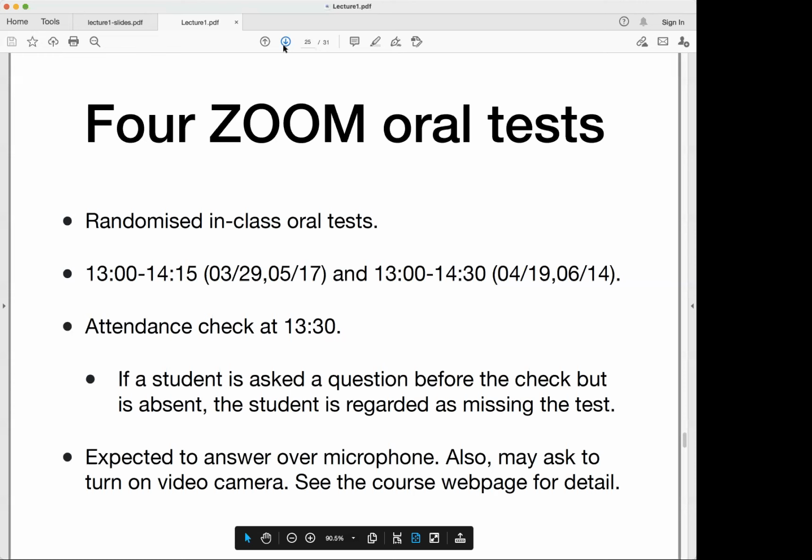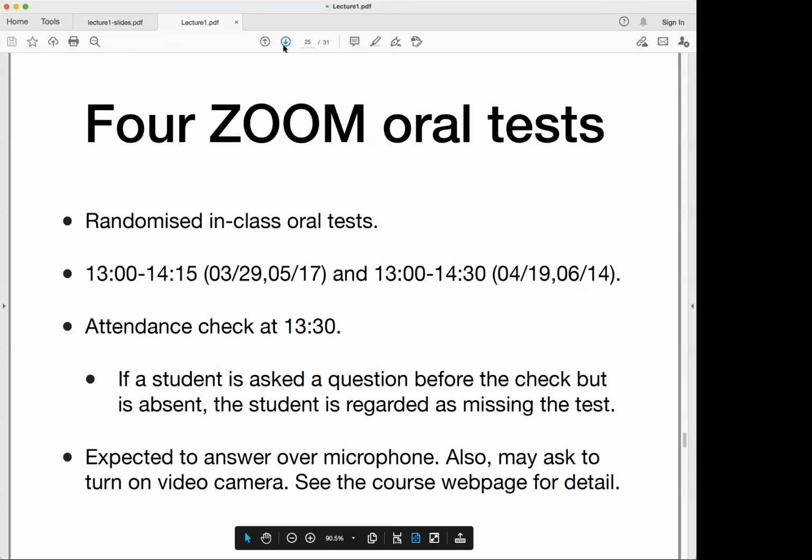We are not going to do the attendance check for those, but for this Zoom oral test, we will do the attendance check at 1:30. But it's a bit of a weird kind of attendance check. If a student gets asked a question before 1:30, but the student is absent, then the student is regarded as missing the test entirely. So if you feel lucky, you can come at 1:30. Maybe you will not get caught, but otherwise, you might get caught. So you can make a decision about